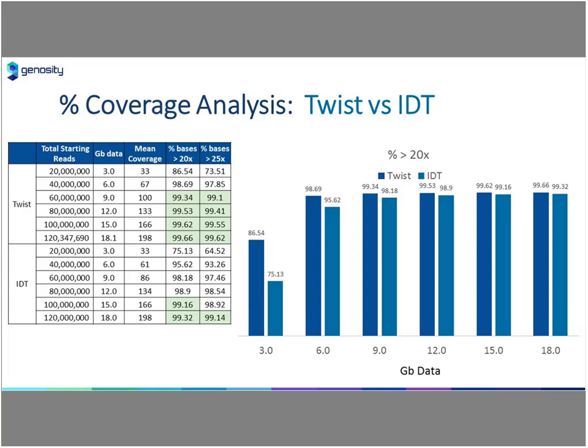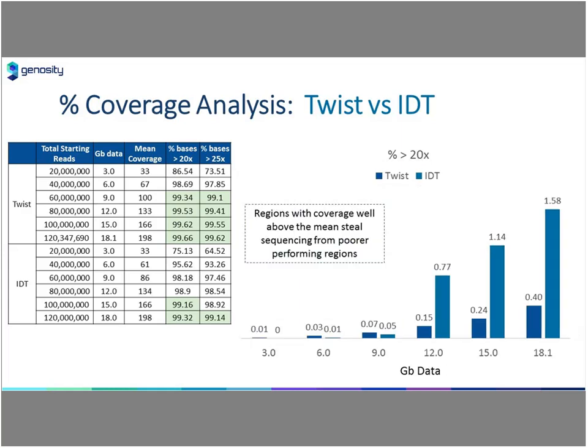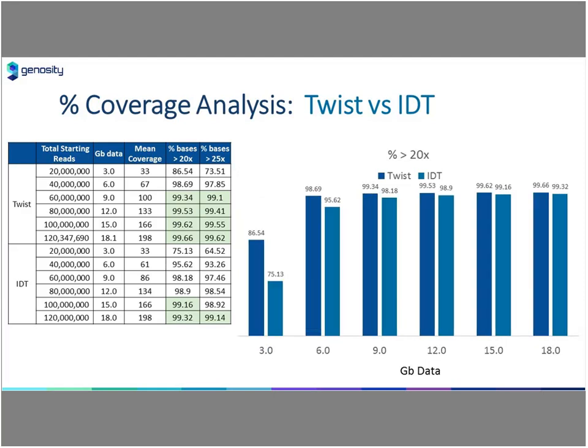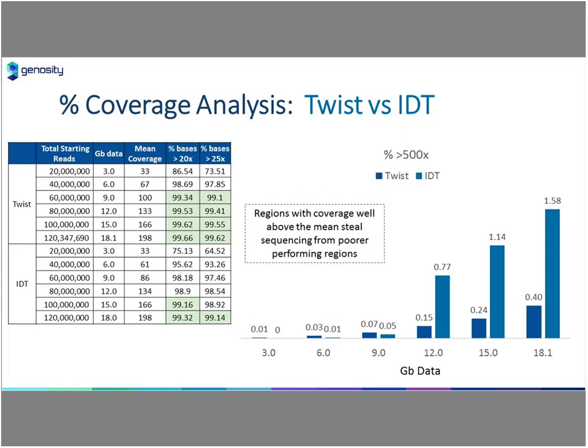And so first is how much data do we need to generate to get to that 99% mark? If we could generate that data at, say, 8 or 9 gigs as opposed to 15 gigs, well, that could have some cost implications. And then second is as we begin to look at some of the actual slices or content, how does this play over into covering the critical regions? And so another metric that's really important to look at is not just what I have shown here, which is covering to the minimum threshold, but as we try to push to covering regions to that minimum threshold of 20x,